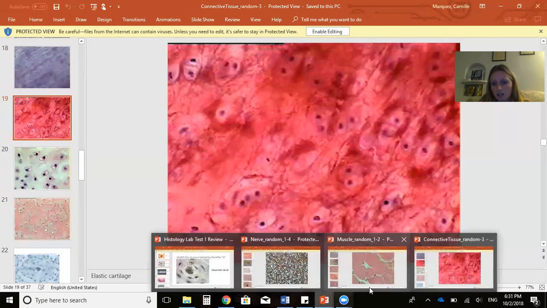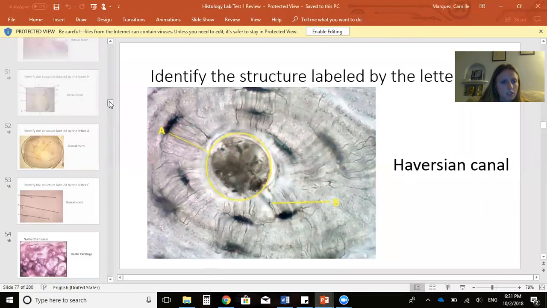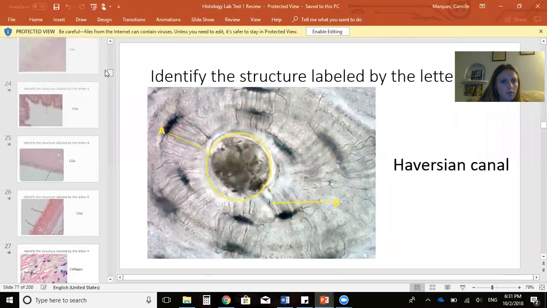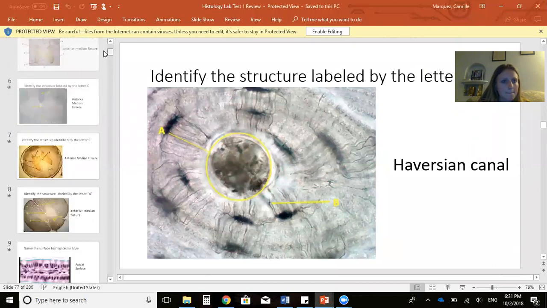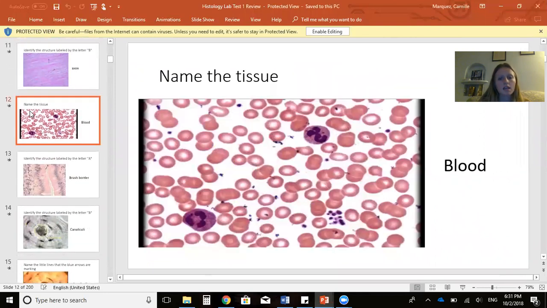And then lastly, I just wanted to show you guys a couple pictures. Maybe if I can find one. So this is a